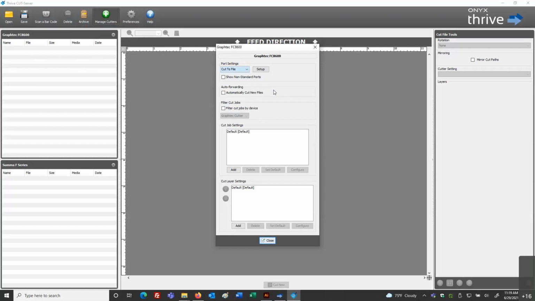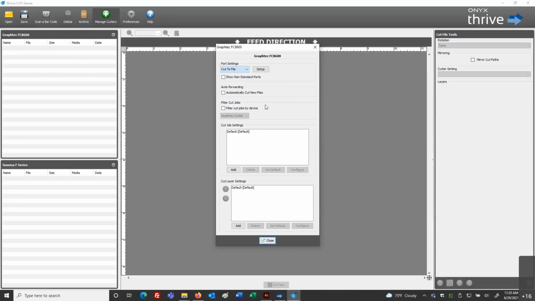So for something like this particular cutter model, we're going to print our file. At the time we are printing, the cut data will come over here to this left column under the GraphTech. Well, the file takes time to print. We get that print, we walk it over to the physical cutter, we load it in with the directional arrows properly. We get this location to find where those marks are. And then when we're ready, we would go to the bottom of the screen here in Cut Server, the very bottom center, and we would select our file and we would select Cut Now. And we would be pushing the data over because we have the print, we're ready, let's cut this information now.